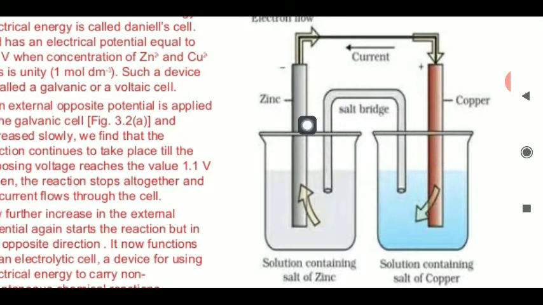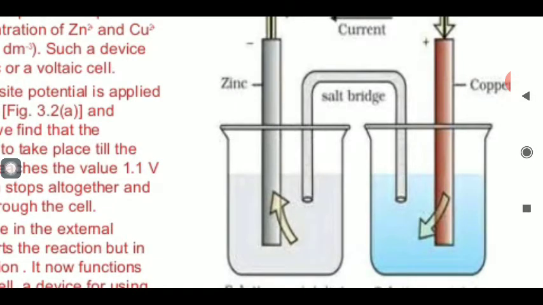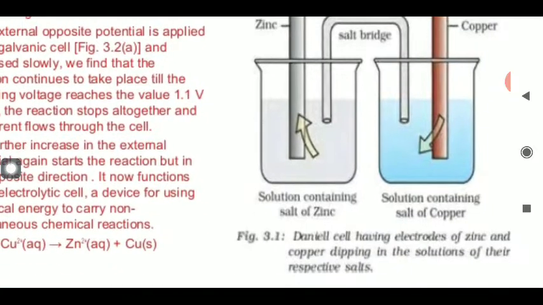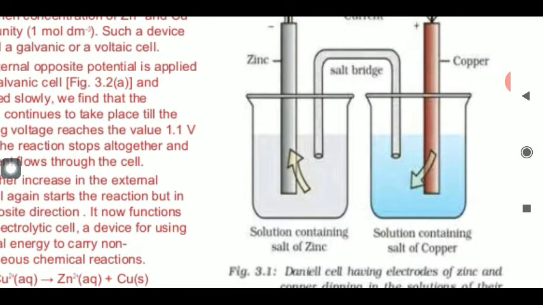Now again we will discuss what basic assumptions we have to apply for this type of redox reaction. The beaker where oxidation is taking place is always known as the oxidation half cell. The beaker where reduction is taking place is known as the reduction half cell. So these are the two beakers, the oxidation half cell and the reduction half cell. The oxidation half cell is also known as the anode, while the reduction half cell is also known as the cathode.